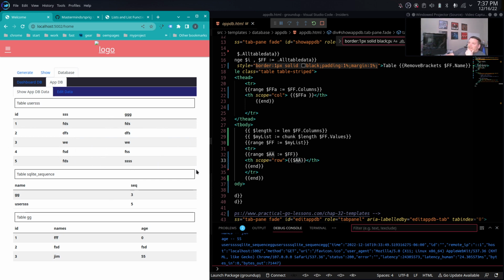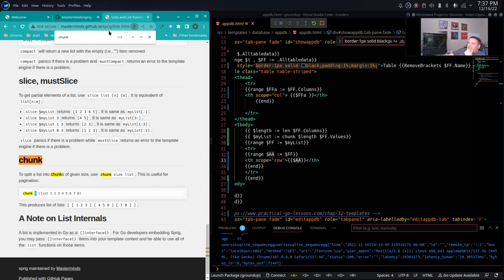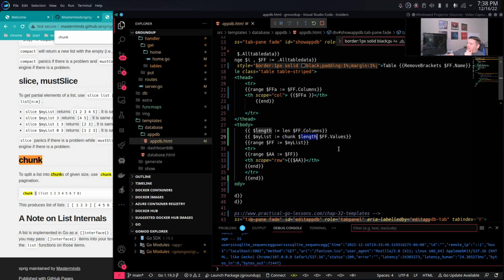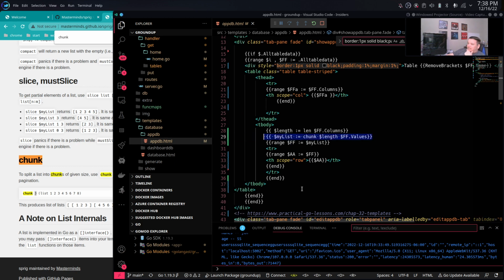That took me a little bit to figure out, and this Sprig function right here, I think that's the only one I'm using, and that was really nice. It was extremely nice. Obviously you can think of something on your own to split up stuff, but man, I don't have to have a bunch of crazy functions in order to just have one call, chunk, and then the number. I mean, basically it's just this, and that's all the code for it to guess and know how many columns based upon